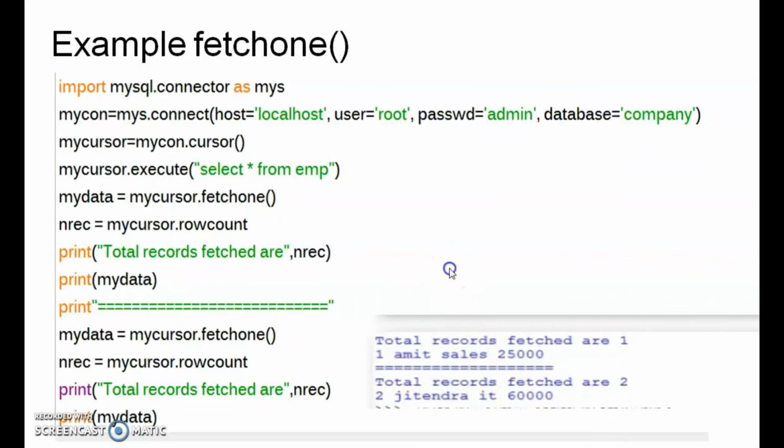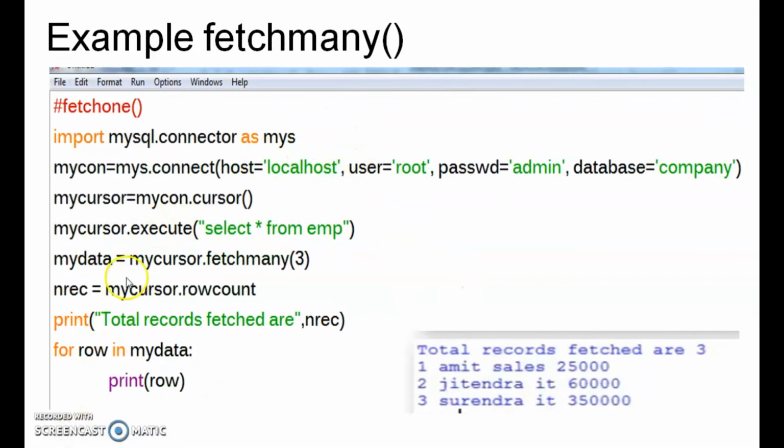Then next one, to show the concept of fetchmany. Okay, so here import mysql.connector as MYS. Then mycon is equal to MYS.connect, host is equal to localhost, user equal to root, password equal to admin, database equal to company.